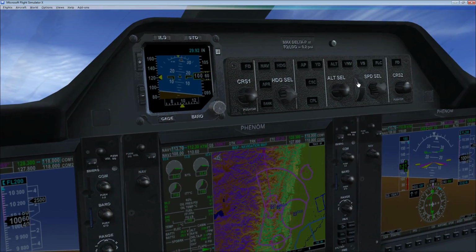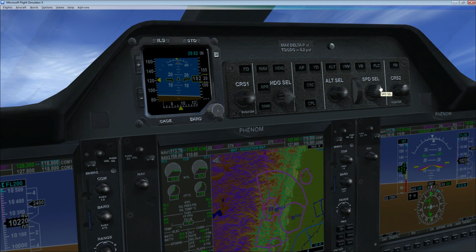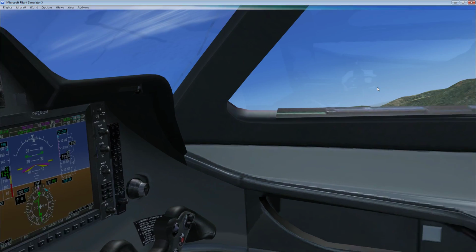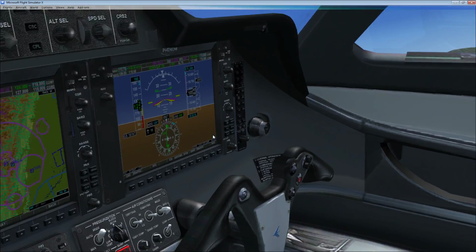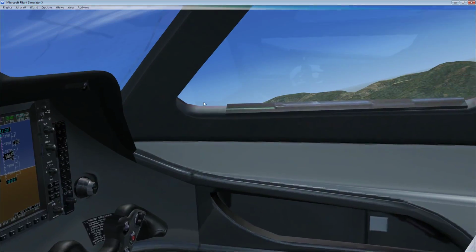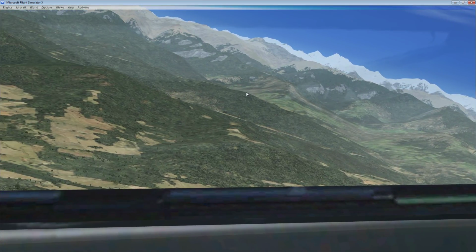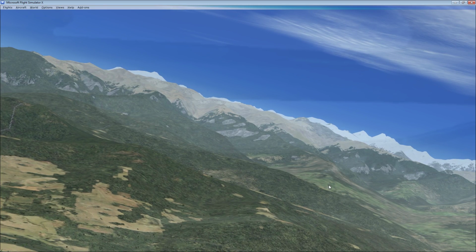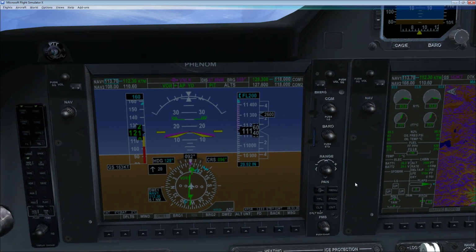And we are going to go ahead and bring our speed up. Let's get our speed up to about 160 knots, and we're going to climb out at about 160. Now, to show you why I'm trying to climb as steeply as possible, look at this. We're approaching 10,000 feet, and look at the terrain around us. If you look to the left, there are the Himalayas. It's incredible. The altitude of the mountains around here is so high, and the airport's high to start